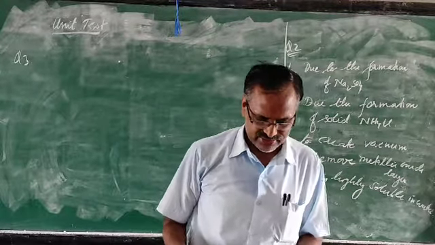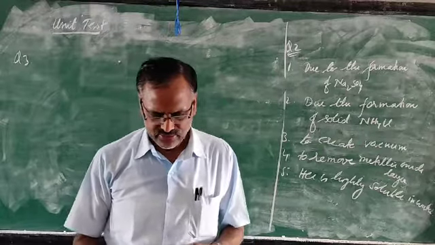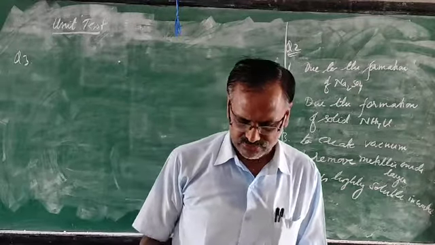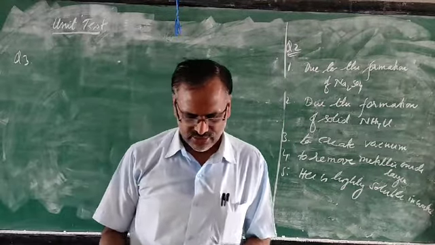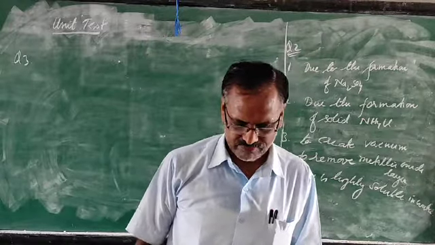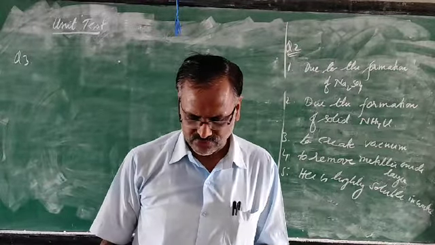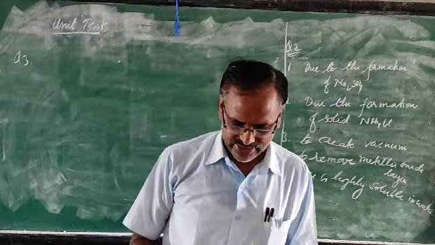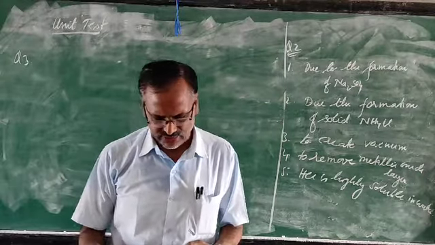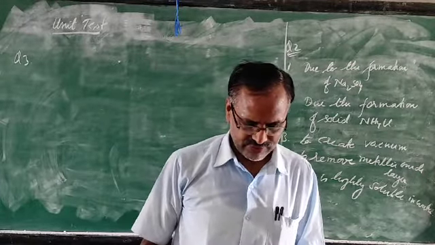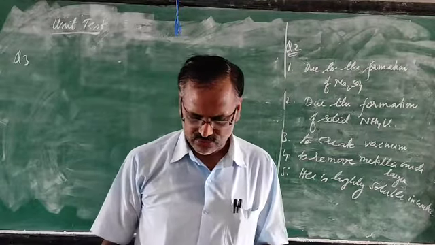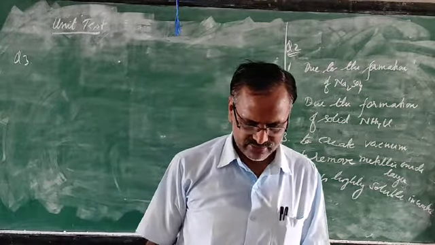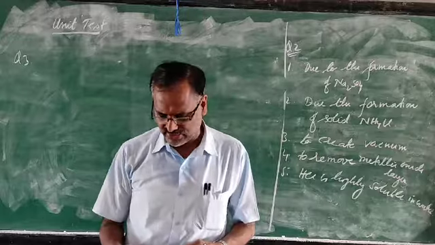So question number 6, select the correct word from the list given. So in the first one, just you see active metal plus dilute acid form salt and hydrogen. Second one is metallic oxides or hydroxide, react with dilute hydrochloric acid form salt and water. In third one is metallic carbonate or bicarbonate, react with hydrochloric acid to form salt, water and carbon dioxide. In fourth one is metallic sulfite or bisulfite, react with hydrochloric acid to give salt, water and sulfur dioxide. And fifth one is metallic sulfide, react with hydrochloric acid to give salt and hydrogen sulfide gas.